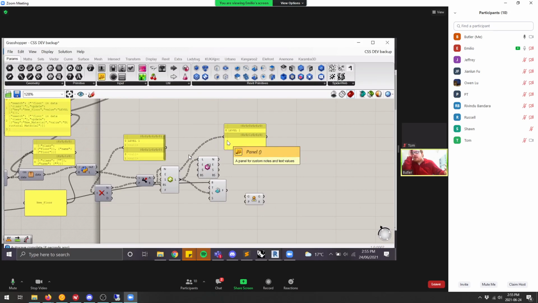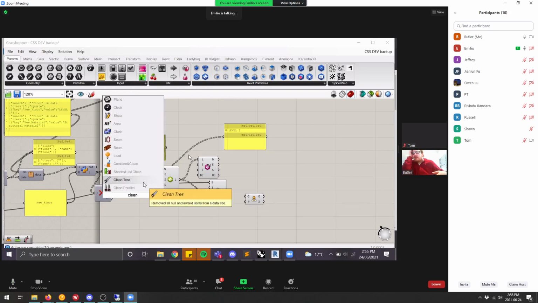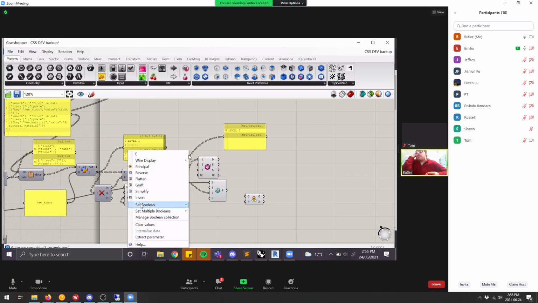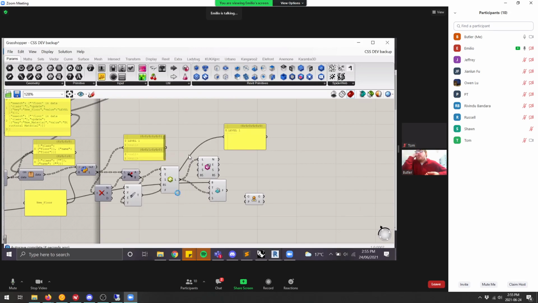Okay. So you can use the clean tree component to remove empty branches. Yep. It goes into T, the bottom. Now it's not going to do it automatically. You have to set the E input, the empty branch input, to true. And that's going to get rid of the empty branches. So if you plug that now into your